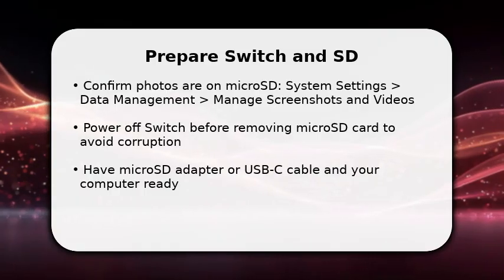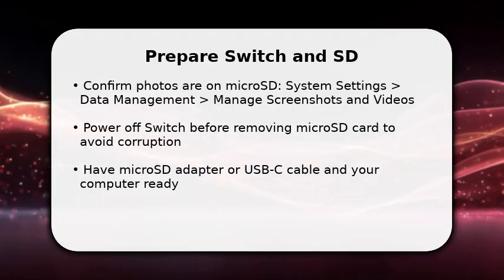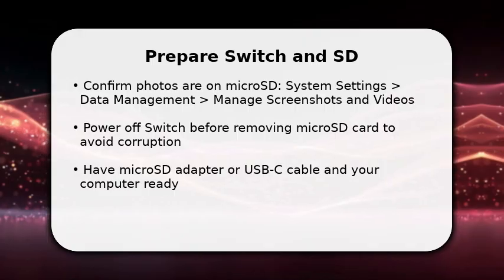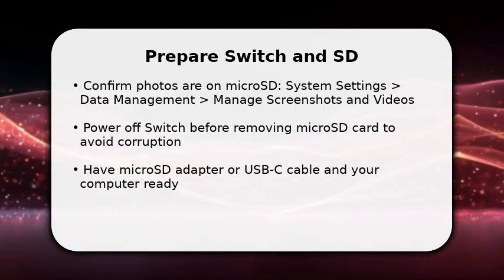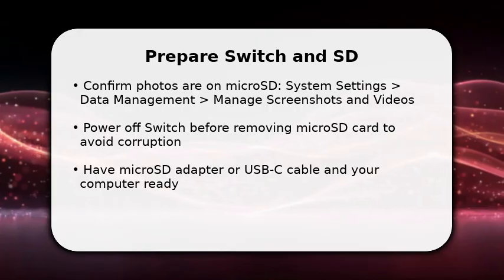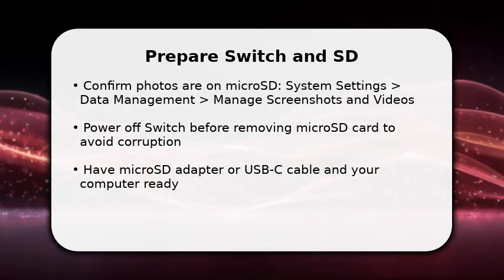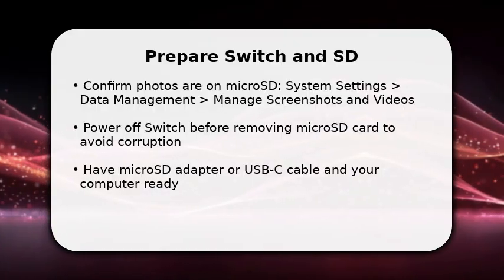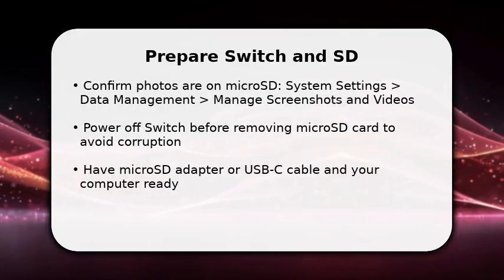You start by making sure the images are actually on the micro SD card. Open Album and check the screenshots or videos you want. Once confirmed, power off the Switch to safely remove the card. This prevents file corruption. Next, insert the micro SD into an adapter or prepare a USB-C cable for data transfer,